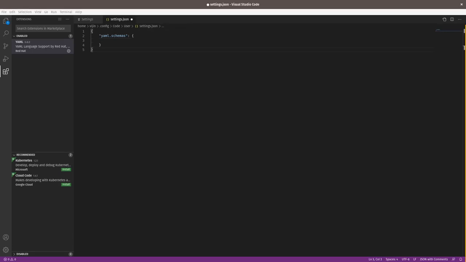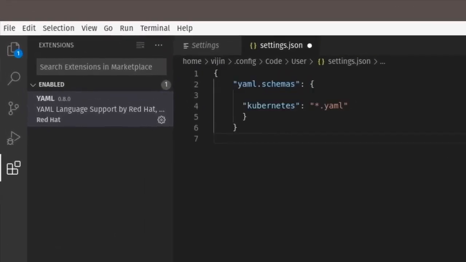Whatever it may be, our goal is to simply add a small section of code into this file. It should have the YAML schema section if you came here following the path that I showed. We're going to add an entry for Kubernetes schema support. We add a schema for Kubernetes for all YAML files using the star.yaml pattern. So we're basically saying that we want to use Kubernetes schema for all YAML files that we develop using